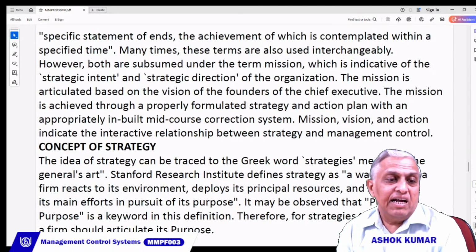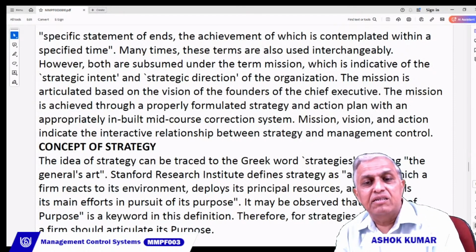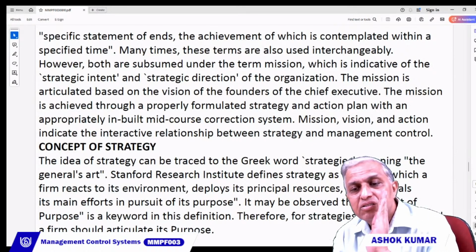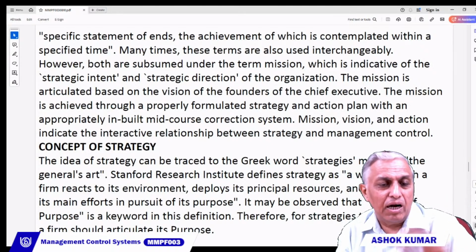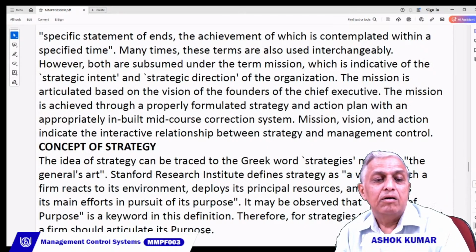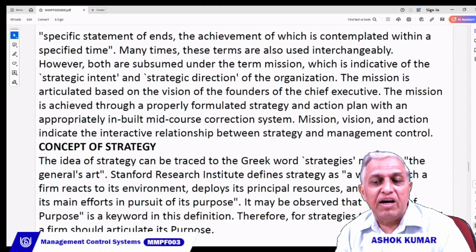Now let us understand the concept of strategy. The idea of strategy can be traced to the Greek word strategos, meaning the general's art. Friends, Stanford Research Institute defines strategy as a way in which a firm reacts to its environment, deploys its principal resources,